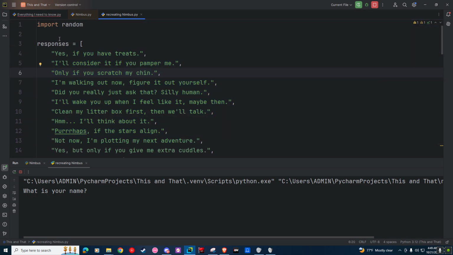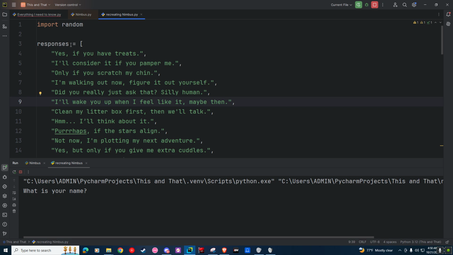If it picks zero as the random number, it will call this. If it picks one, it will call this. And by the way, Python actually counts from zero. I'm not sure if it's all programming or anything computer, but they start counting from zero. Not like 1, 2, 3, 4, 5, 6, 7, 8, 9, 10. Those are 10 digits. But if you actually count from 0 to 10 in Python, you have 11 items, because 0 is counted as another item on top of 1 to 10. So keep that in mind.